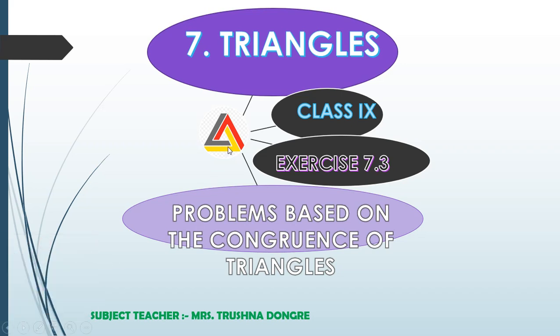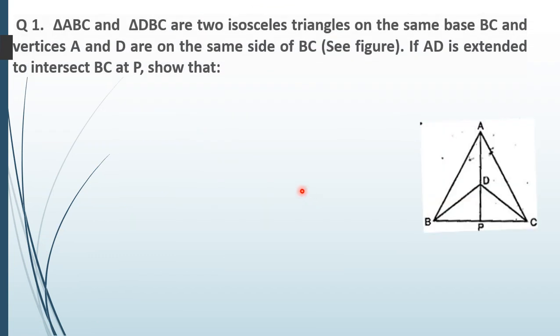Class 9 chapter number 7, Triangles, and today we'll solve the problems based on the congruency criteria of triangles, exercise 7.3. So here it's the first question, which says triangle ABC and triangle DBC are two isosceles triangles on the same base